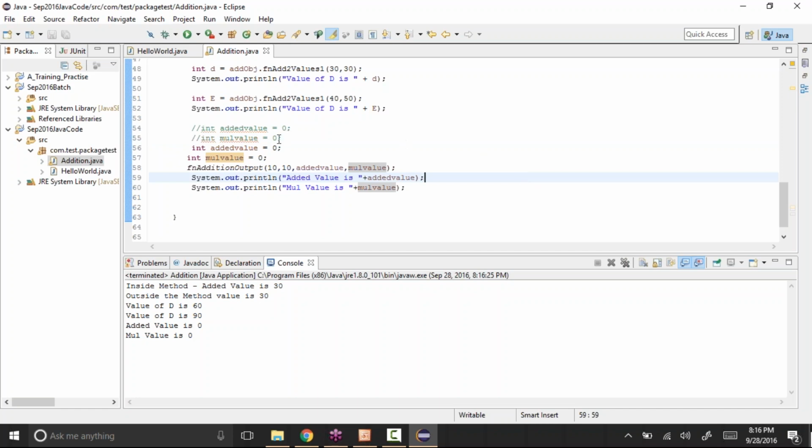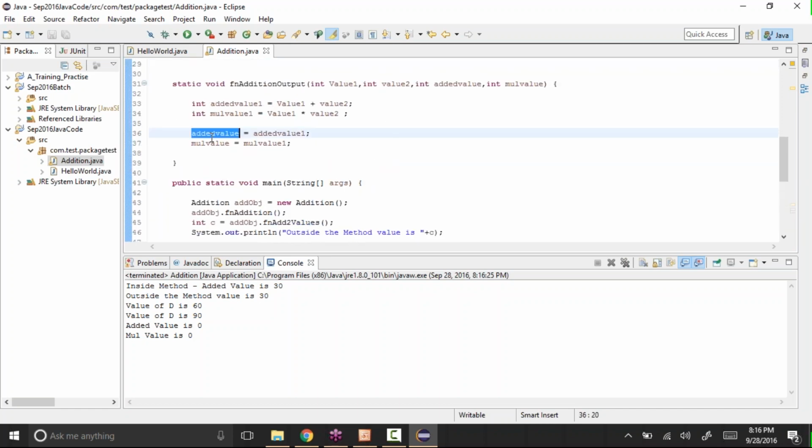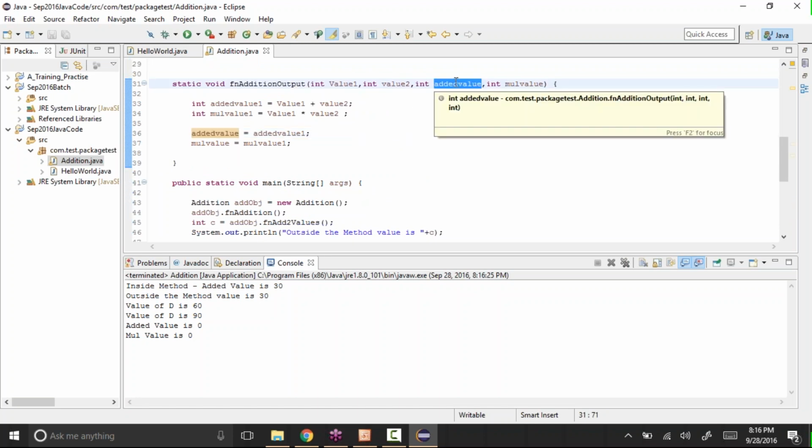Somehow it's not returning the value, but what it needs to do is add whatever value you are adding in the method. See, added value, it needs to return it to this added value, but somehow it's not doing it.